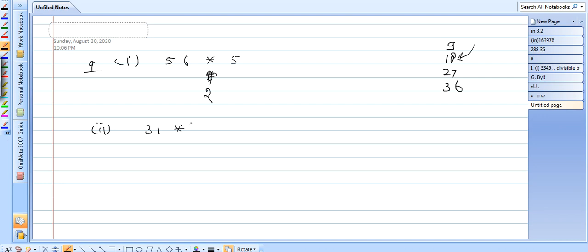Now 3 1 star 4 2. Okay, find the sum of the digits. 3 plus 1 4, 4 plus 4 8, 8 plus 2 10. Now see, after 10 which is the next number divisible by 9? Okay, listen again. हम ये सारी डिजिट्स का सम करेंगे. सो इट इज 3 प्लस 1 प्लस 4 प्लस 2, तो इनका टोटल 10 होगा. अब 10 के बाद में नेक्स्ट नंबर कौन सा होता है जो 9 की टेबल में आता है, that is 18. तो 10 और 18 का डिफरेंस होगा 8. So the answer is 8.